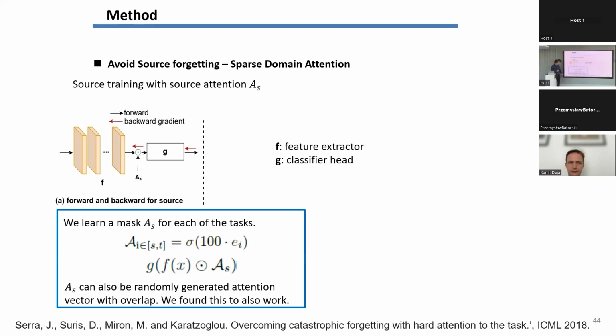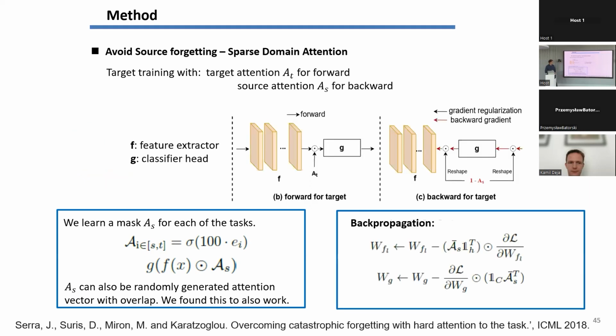It's very related to the hard attention paper on continual learning. This is the mask definition. It's based on an embedding function E, and then given to a sigmoid. And in the end, it's really an almost binary mask. And what do we do with this mask? The important thing you do when you train on the new domain is use it to block the backpropagated gradient. So parameters which are important for your source domain are not updated. So source domain performance stays high.